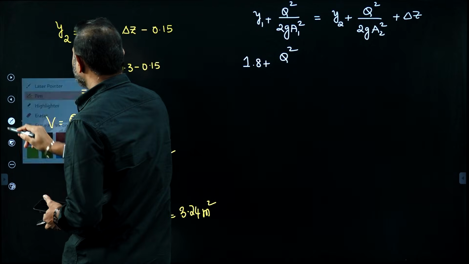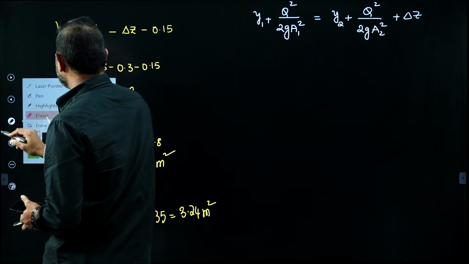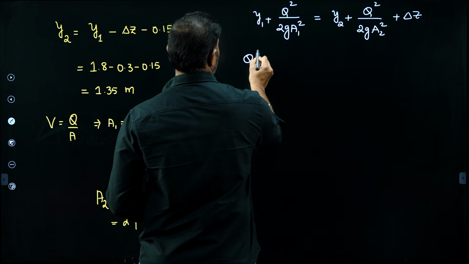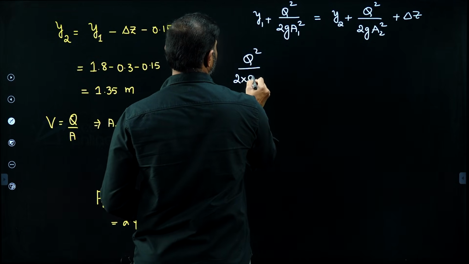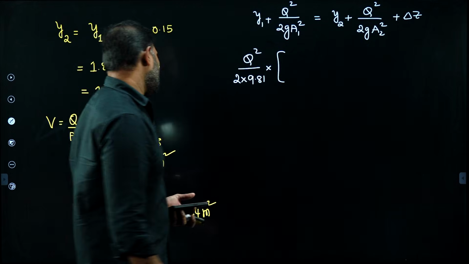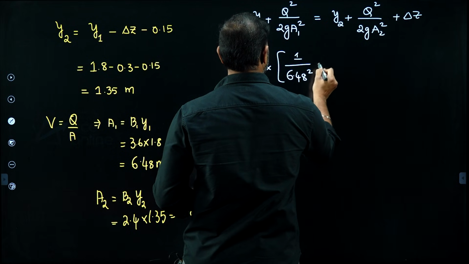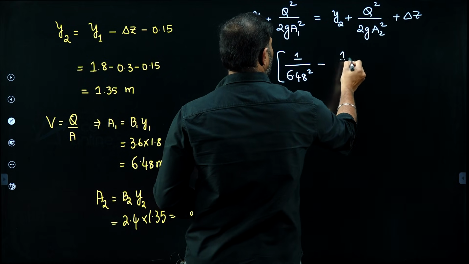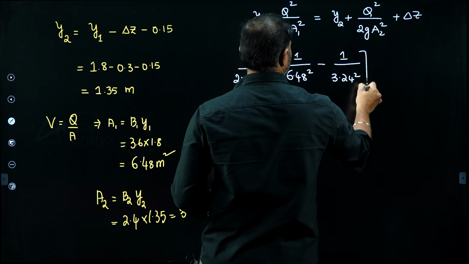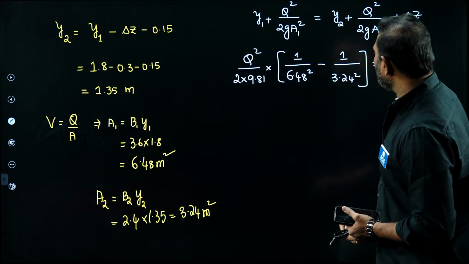So, we will do one thing. We will bring the q square by 2g terms to one side. Now if you bring that q square by 2 into g, g is nothing but 9.81, on one side 1 by a1 square, 1 by 6.48 square, bring this also minus 1 by a2, 3.24 square, is equal to,